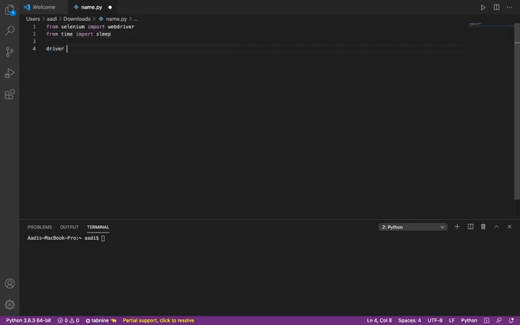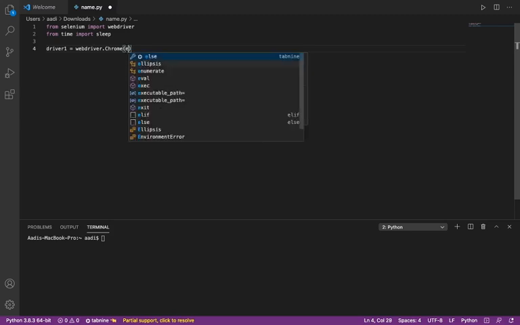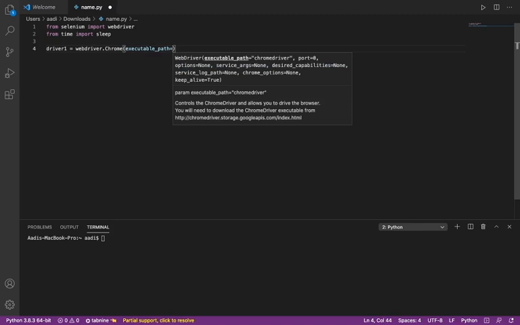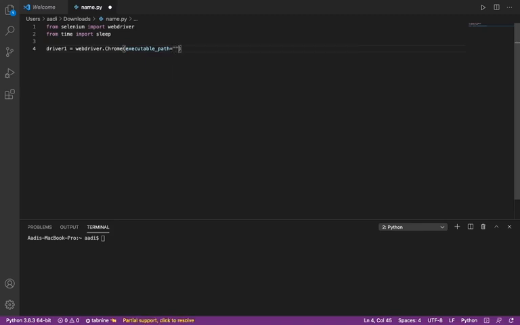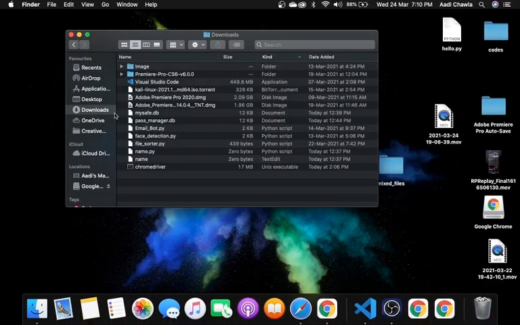So I will be creating driver1, that would be equal to webdriver.Chrome, in parentheses, and that would be executable_path, and here I have to write the path where I have the Chrome driver downloaded. So I'm just going to go on my Finder and downloads. As you can see, my Chrome driver is right here.